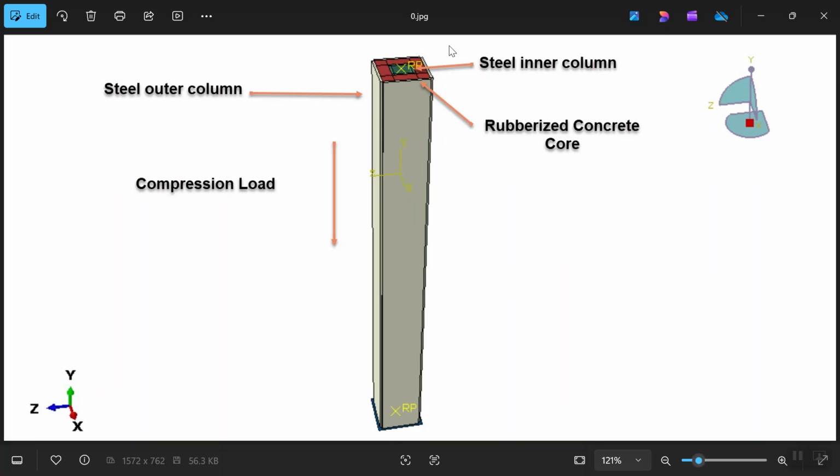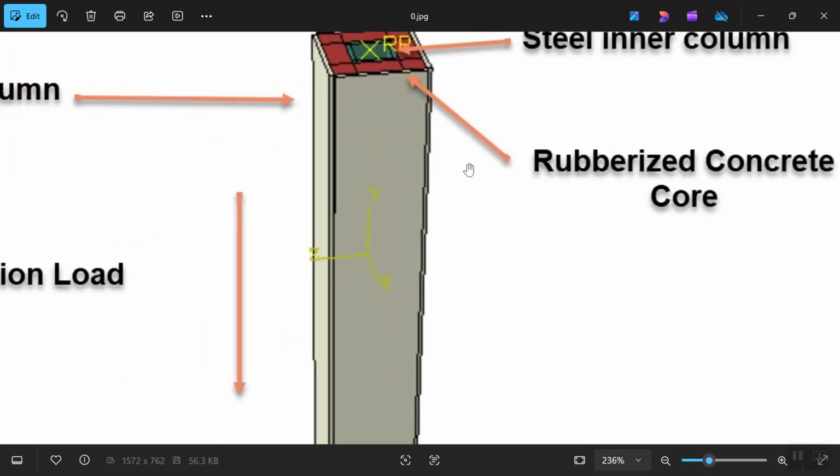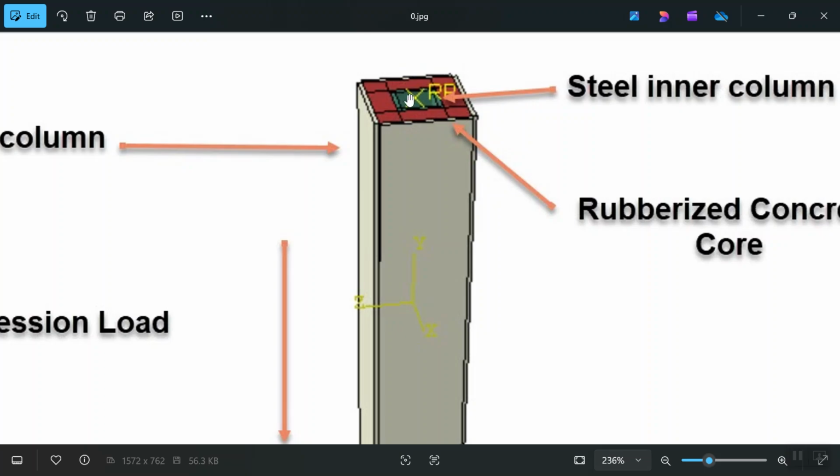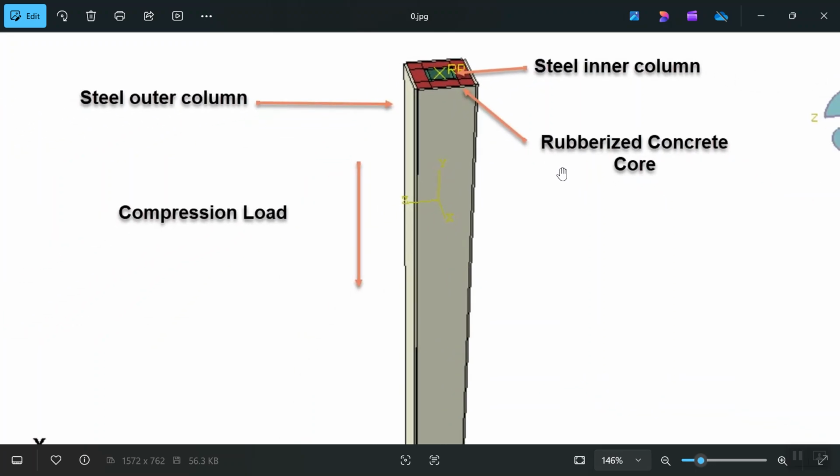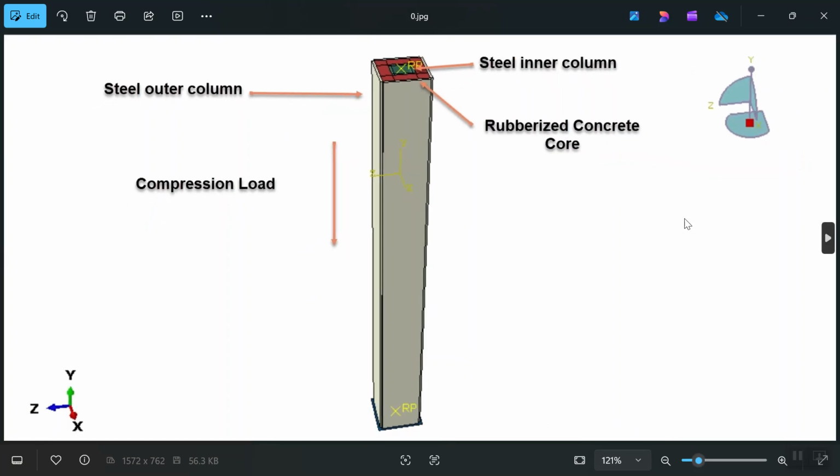Today, I did a model of the compression test analysis of a composite column, which is made of a steel column at the inner column, at the middle, or at the core. We use rubberized concrete with concrete damage plasticity model, and the outer side again is a steel, and we use surface to surface interaction between these parts. It is the compression load, and we did that in Abaqus